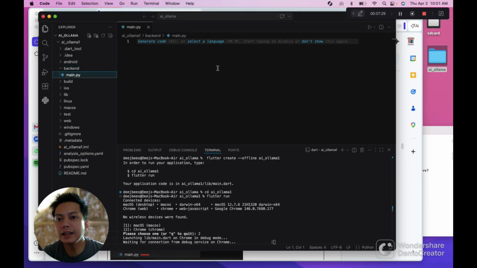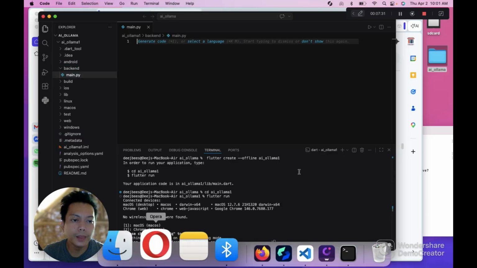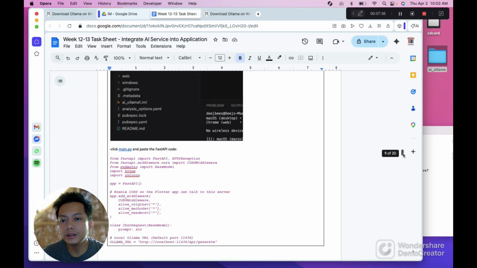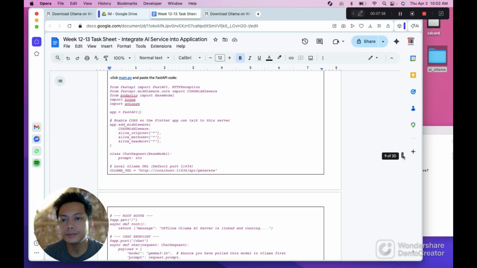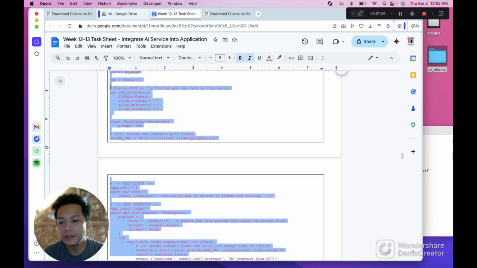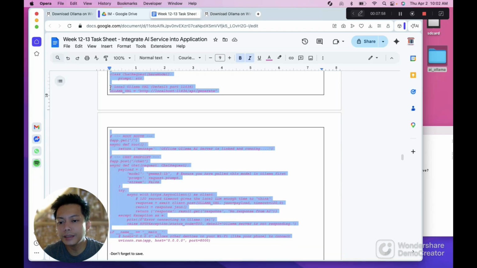Inside here in main.py, we have code from ChatGPT or Gemini. The AI Ollama FastAPI will communicate with the Ollama server. So this is the code. We're just going to copy this, then paste it inside.